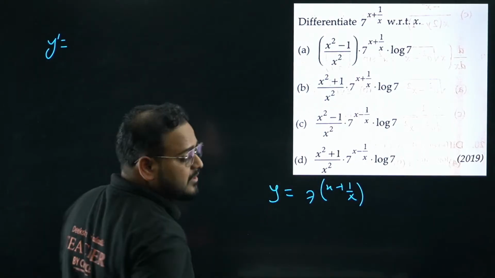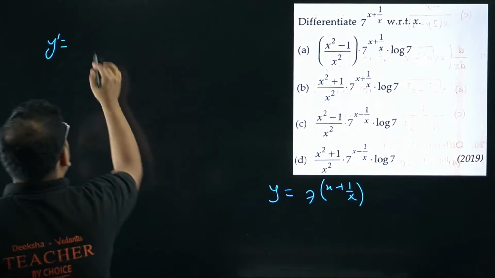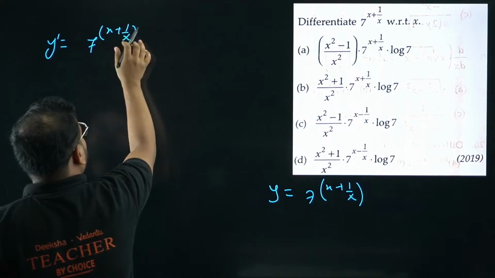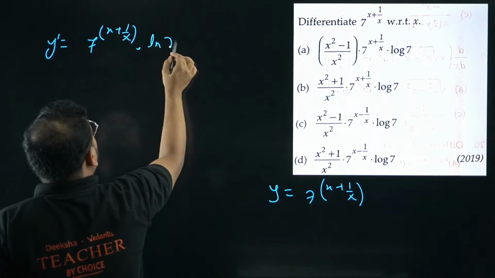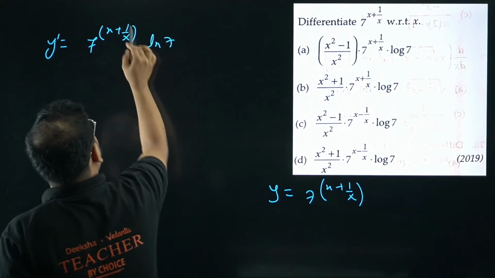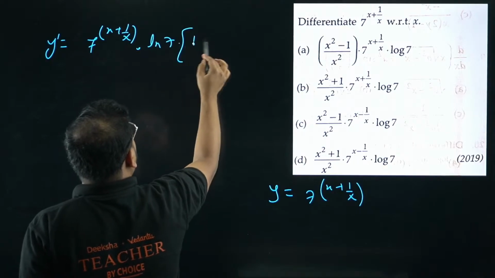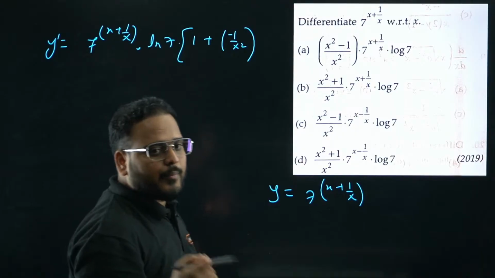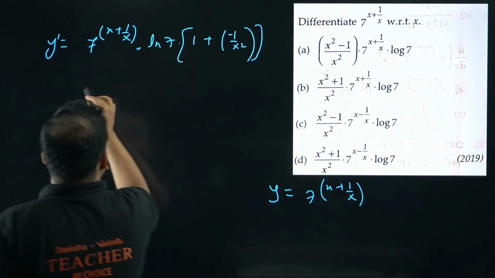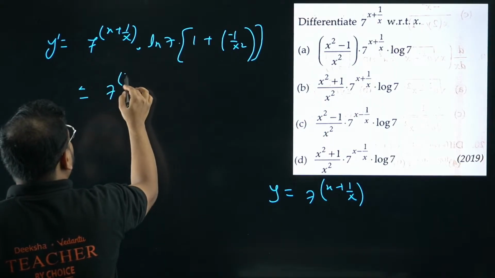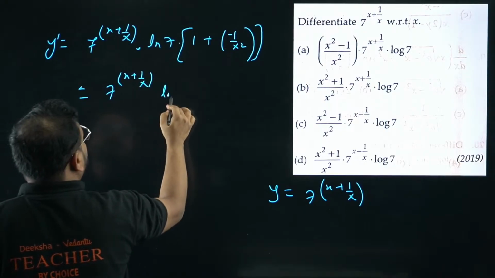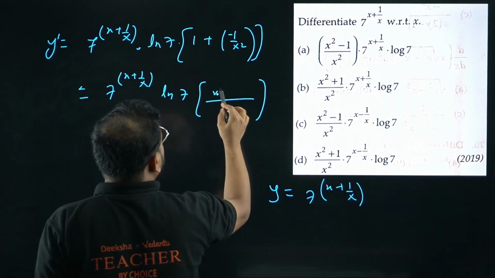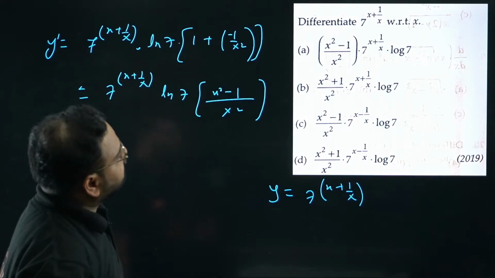First, this is an exponential function, right? So this will remain as it is, 7 power x plus 1 by x will remain as it is. Now differentiate. You're going to get ln 7, of course, and if you differentiate this part also by the chain rule, we'll have x as 1 and 1 by x as minus 1 upon x square. Derivative of 1 by x is minus 1 upon x square. Close the bracket. So I'm getting 7 power x plus 1 by x ln 7 times the bracket. Take the LCM now. x square is the LCM, it will become x square minus 1. Option A is correct.